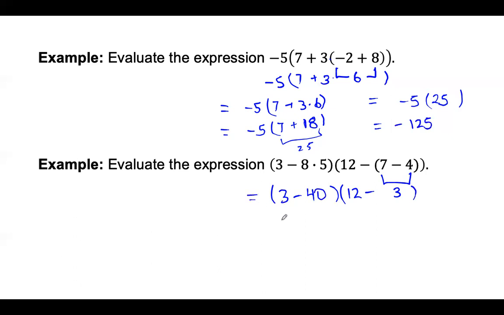Now we do these brackets individually. What do we get? Right, minus 37 times 12 minus 3, which is 9. And then our final answer is